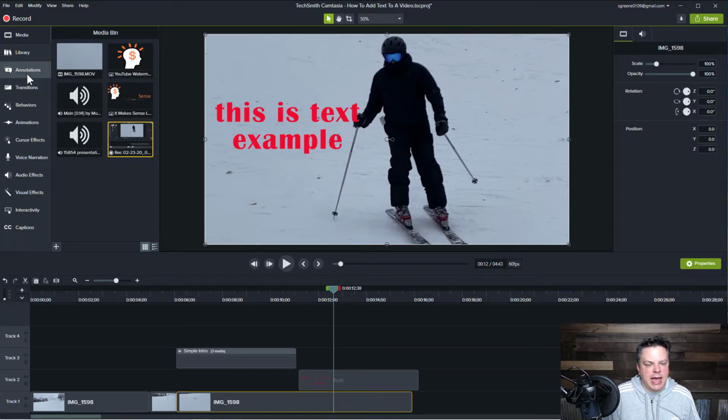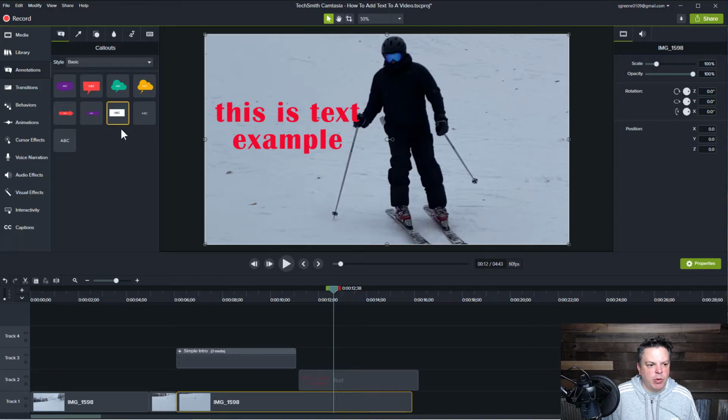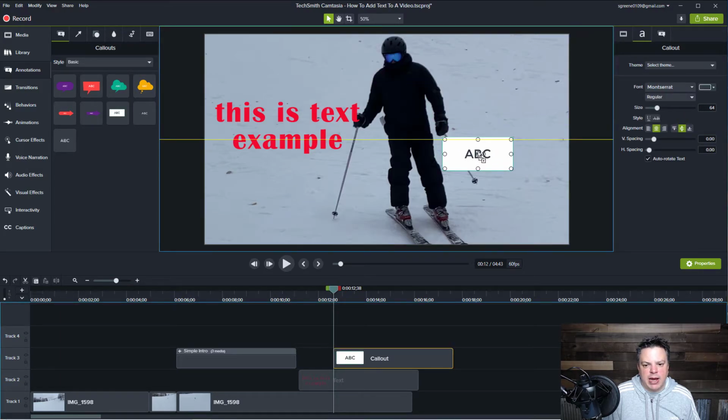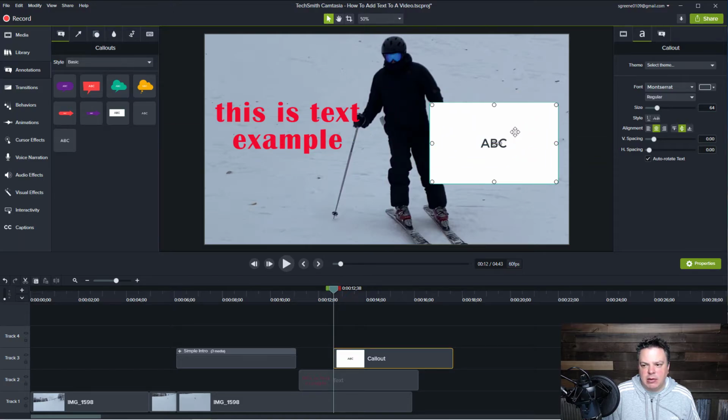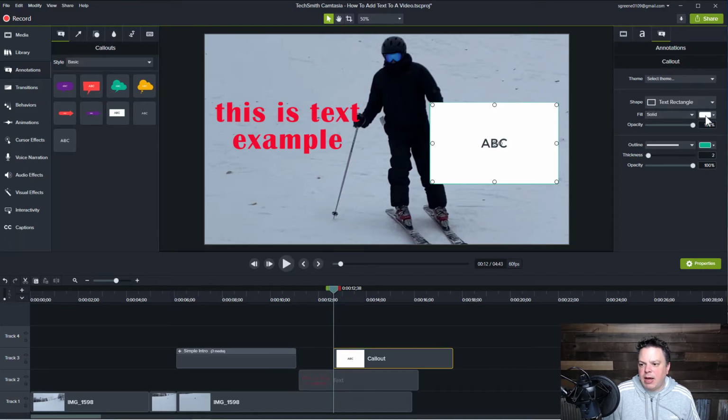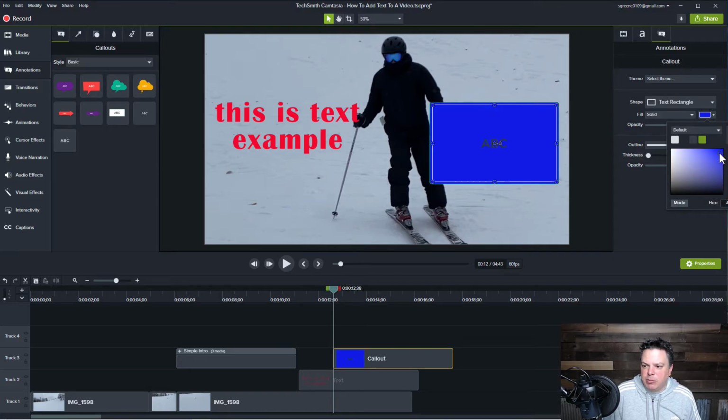Now let's say I wanted to add more text but with a box. Well, what I would do is come over here and then drag it over to my video. And then over here you can see, again, I have my text properties, which is under A, but now I have a new button right here, and that is the properties of this box. So I click on this. You can see right now I have white. If I wanted to change that, I could make it, let's say, blue,